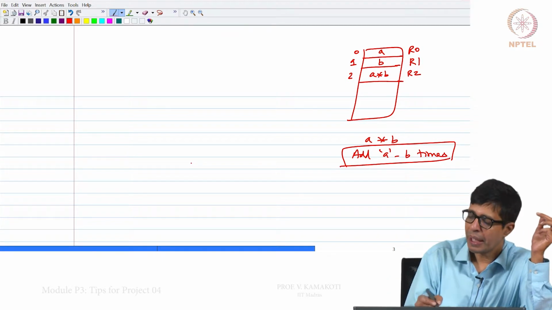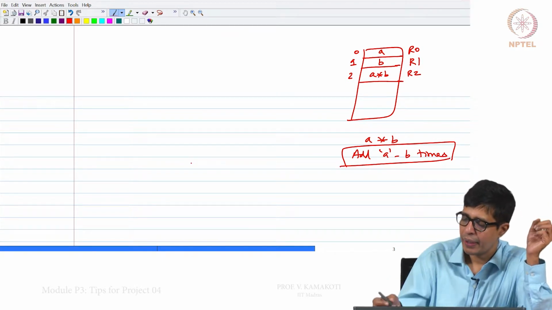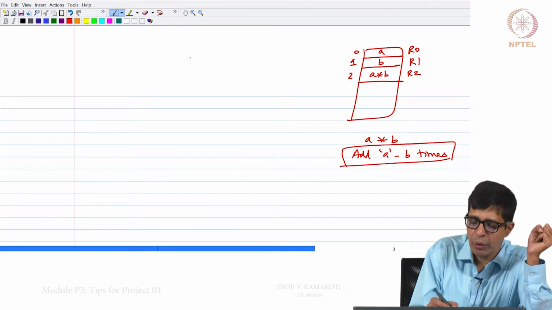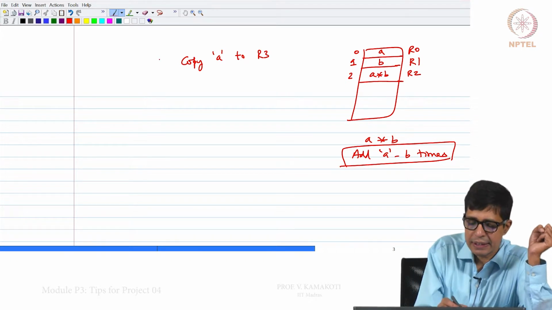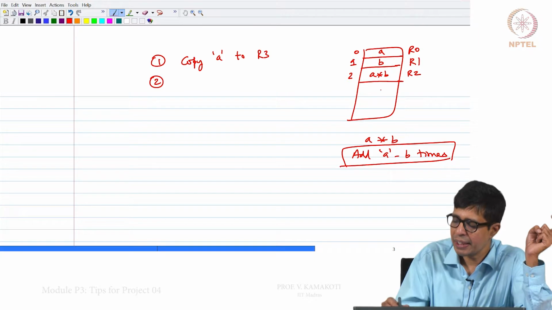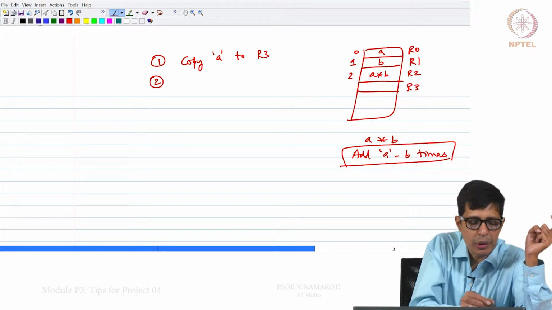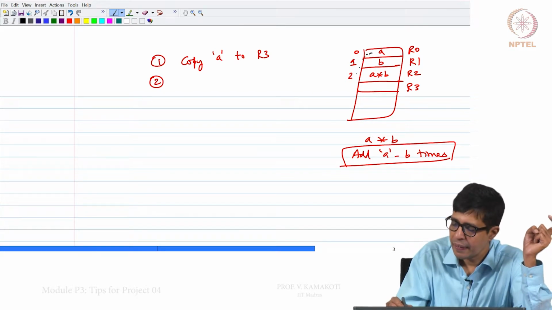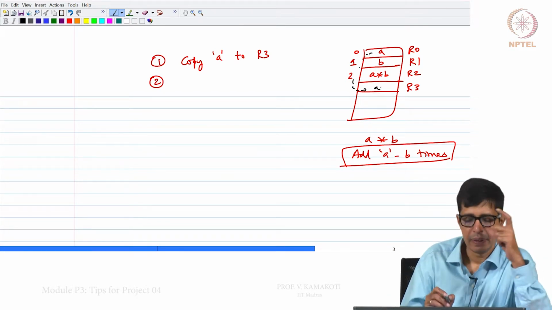Okay. So, what I am going to do is copy A to R3 first, because I do not want to destroy the value of A. I will create another temp location R3, wherein I will copy this value of A, right.